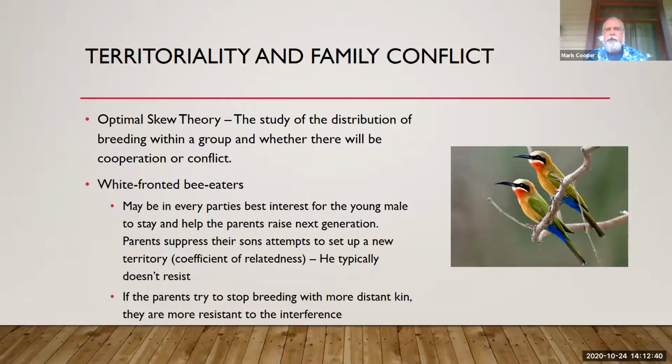And it turns out their young male typically doesn't fight the parents all that hard. The assumption they think is, hey, I'm related to these guys anyway. I'm saving my own genes. But as you go farther away, if a cousin is trying to set up, they will try to discourage the cousin also, but the cousin will put up a bigger fight. They're not as closely related, so it is not as beneficial to help you. And so they will continue to try to nest overall. So again, back to associating with that parent-offspring conflict.